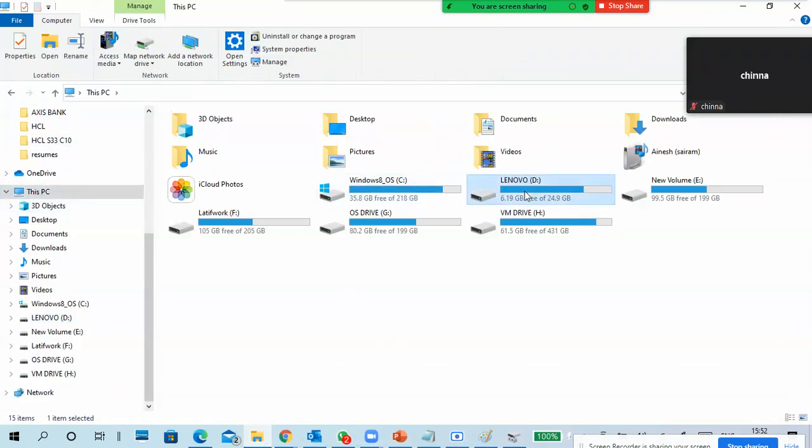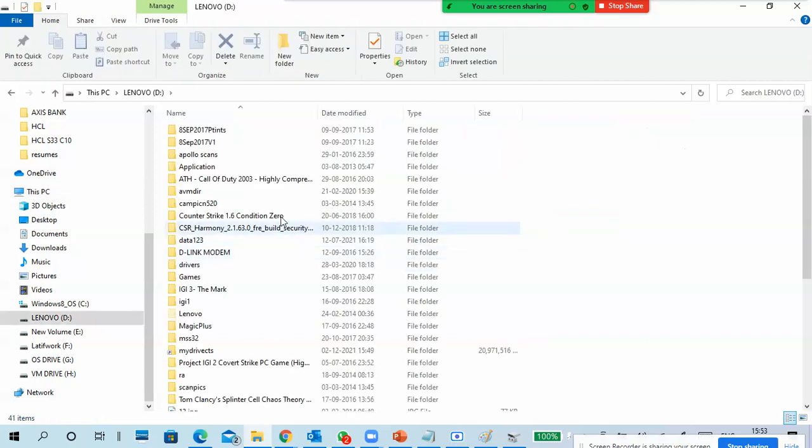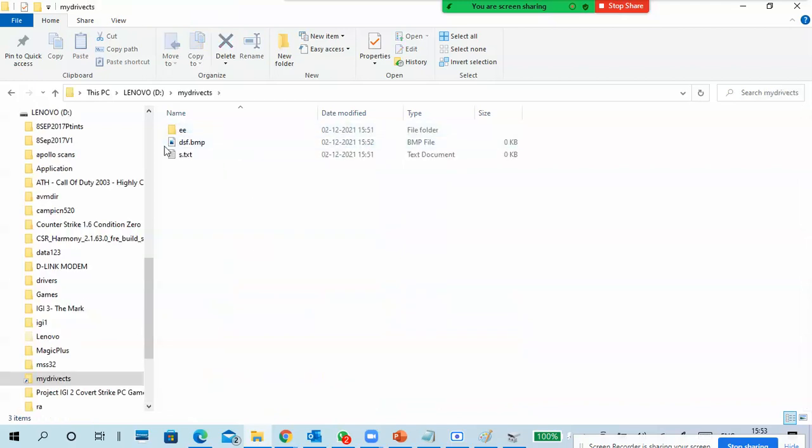Also if you see in this PC, C drive, D drive, E drive, F, G, H are there. And where is the new 20 GB drive I created? It is not there. It won't show here. You can't open it, but you can put the data and access the data also. Very simple. Go to that folder, open the folder, and the data is still there.